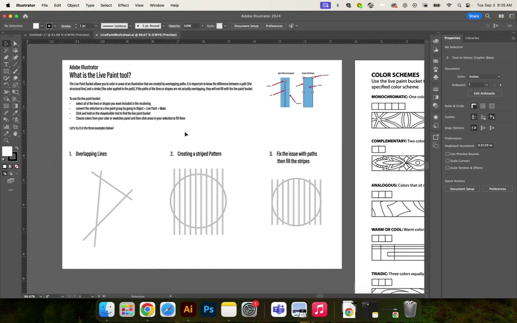Today we're going to be looking at a new tool called the Live Paint tool. As a reminder, if your screen doesn't look like mine does, you may just need to change your workspace up here from Essentials to Essentials Classic. All right, so the Live Paint bucket is essentially a way for us to fill areas between paths